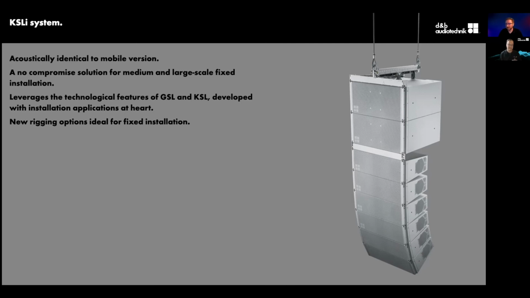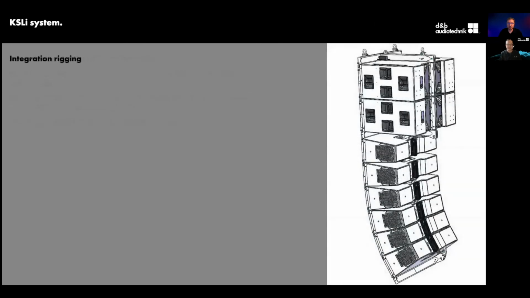I think by looking at the specs, you might agree that it definitely has some horsepower behind it, able to help us support those sizes of venues. And of course, this is developed for installation specifically at heart, with clean lines and different rigging options available. If we don't need to hang as many boxes, we don't need to use the mobile frame. We can use smaller frames, right? Maybe something that has just a detention mode availability only, because GSL and KSL also have something called compression mode. But we're just going to hang these boxes in the air and hopefully never have to take them down. We don't have to have all those extra bits that are associated with this.